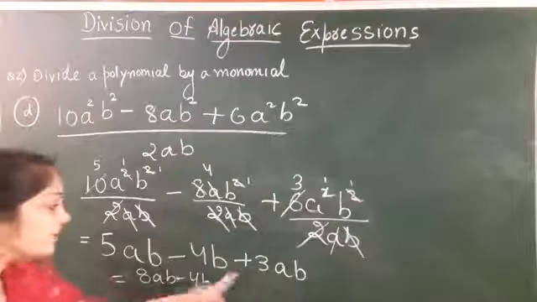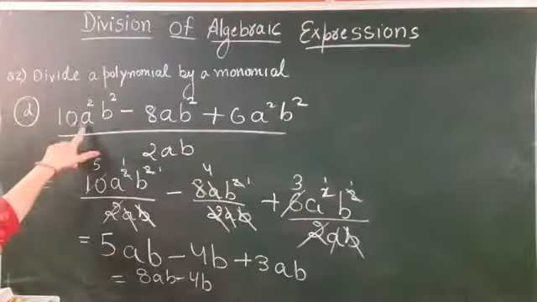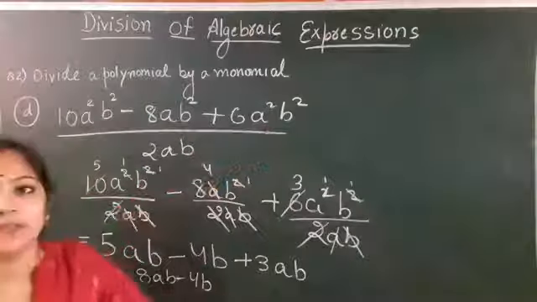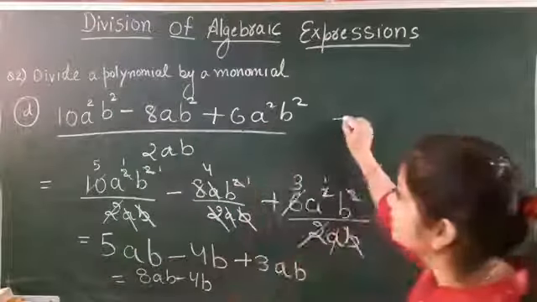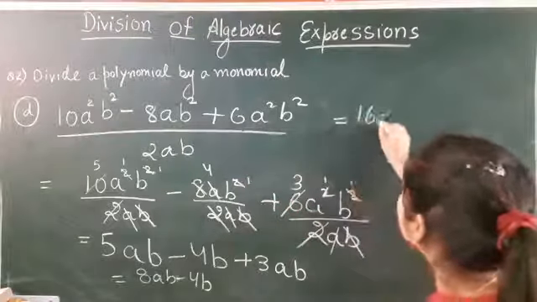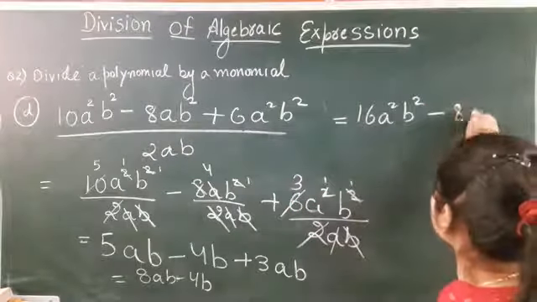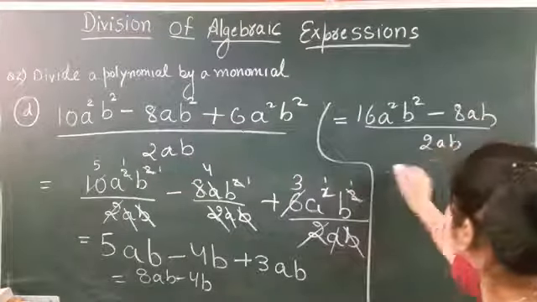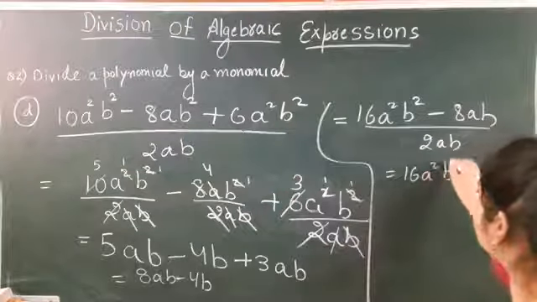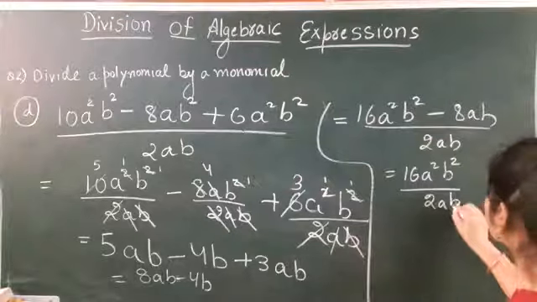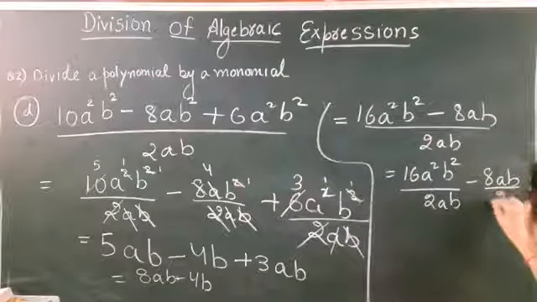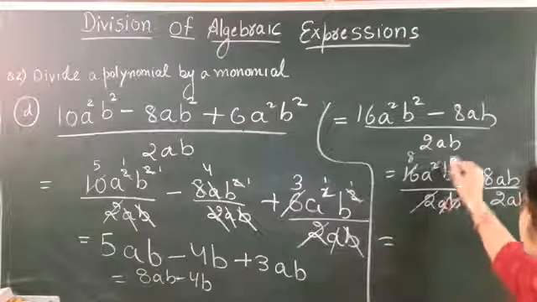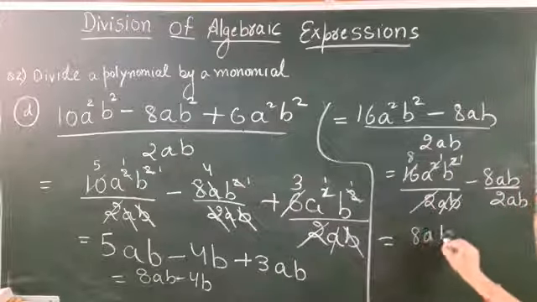Instead of adding here in the end, अगर आप चाहते तो आप बिगनिंग में भी ऐड कर सकते थे. This 10a square b square and this 6a square b square are like terms. तो आप चाहते तो इन्हें बिगनिंग में भी 10 plus 6, 16 a square b square minus 8ab कर सकते थे और फिर जब 2ab से डिवाइड करते तो आप करते 16a square b square over 2ab minus 8ab over 2ab, and after dividing this you will get 8ab